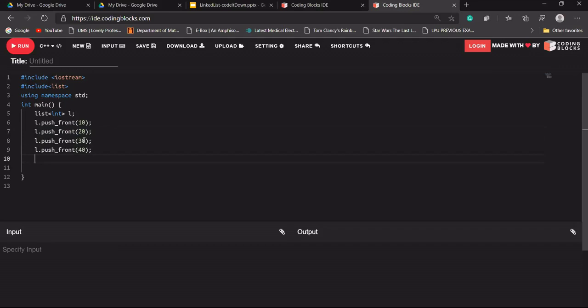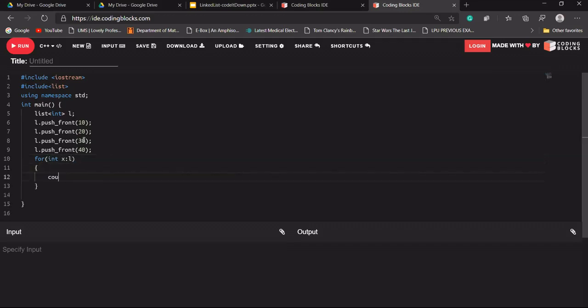For iterating through it I'm using a for loop. There are two methods to print the linked list that I have created in STL. Either I could write something like this: we have created it for int, so I'll write int x, use a colon, and write the name of our linked list.